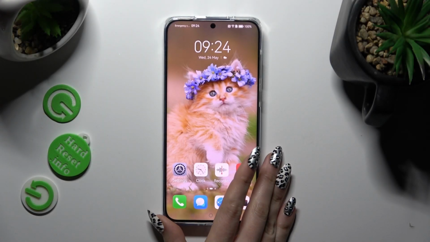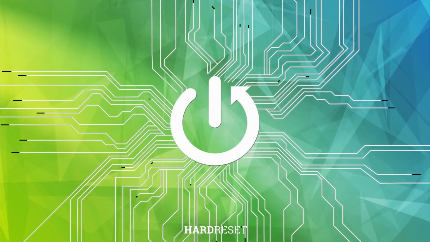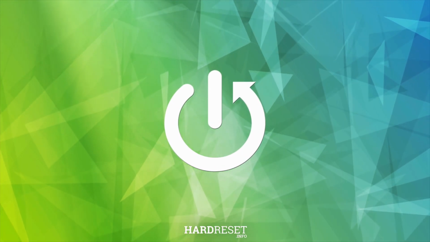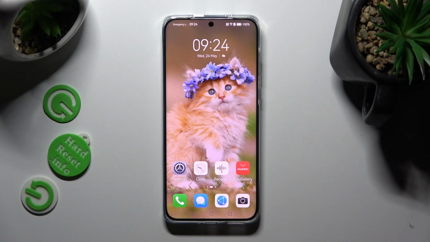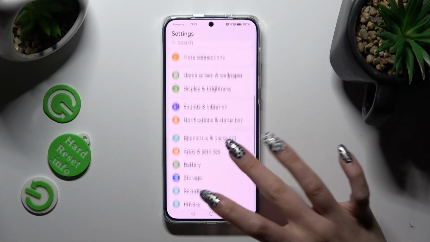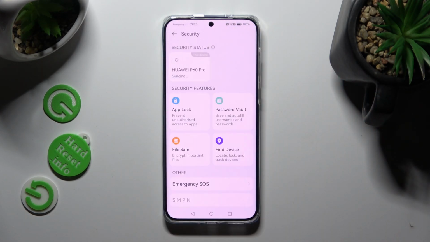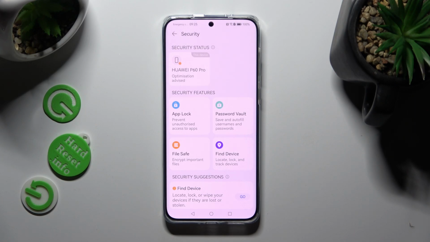In front of me is HUAWEI P60 Pro, and today I would like to show you how you can set up app lock. You need to begin by opening Device Settings and scrolling all the way down to access Security. Now tap on App Lock,